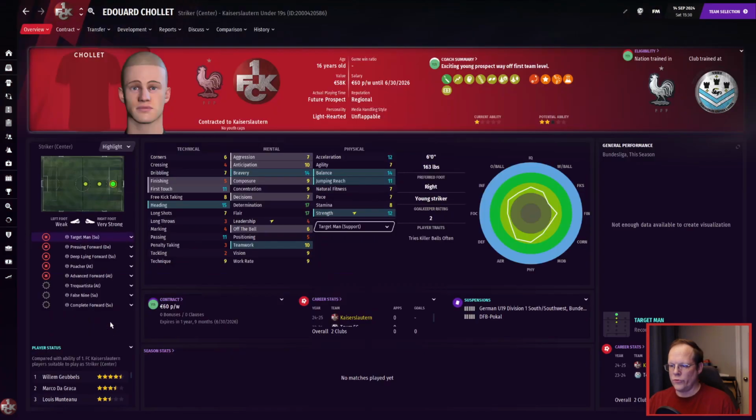Edouard Cholet comes to us from Tours. Needed a youth striker, and for some reason, they let him go. Now, he's 1-star current ability, 3-star potential ability. That means he will probably never, ever see first-team playing time here. And I'm okay with that, because I need youth strikers. I need